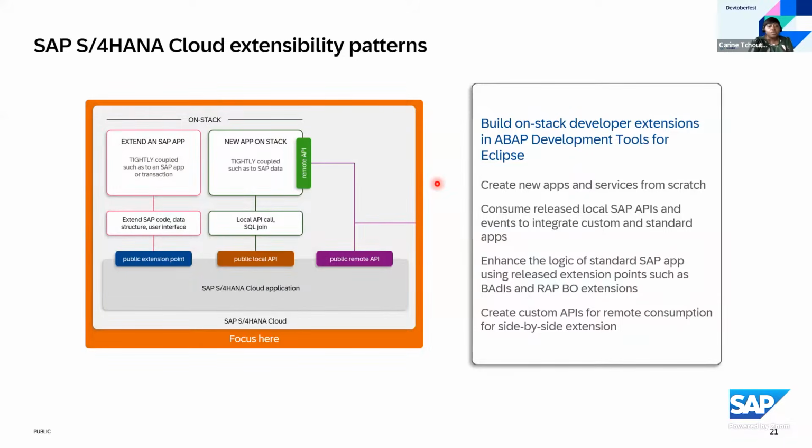You can consume local SAP APIs and use events to integrate the custom code and the standard apps, and of course enhance the logic of standard applications using BAdIs and RAP BAdIs. So you can really do what developers are used to doing on premise, and also create custom APIs for remote